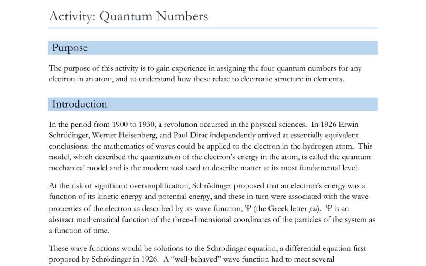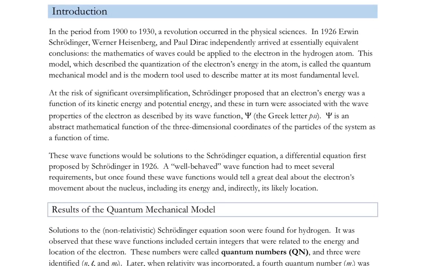In the quantum numbers activity, we are studying the four quantum numbers. These quantum numbers came up in the analysis called the quantum mechanical model analysis that occurred in the early 1900s by several scientists. There was a big effort to understand the electronic structure, what the electron was doing in the atom and how they were distributed in the multi-electron atoms. That gave rise to